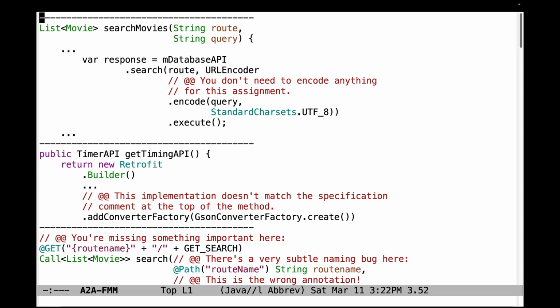Welcome to the walkthrough of frequently made mistakes for assignment 2A in my CS 891 course in the spring of 2023. First, taking a look at some of the issues on the client side, there's no need to be encoding